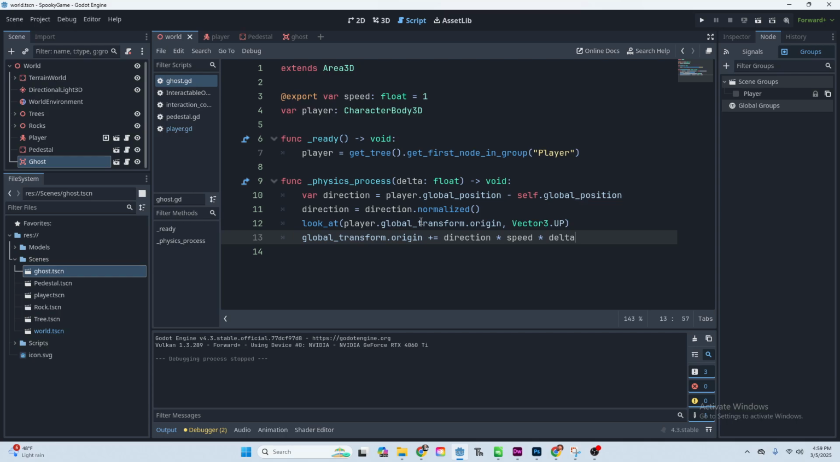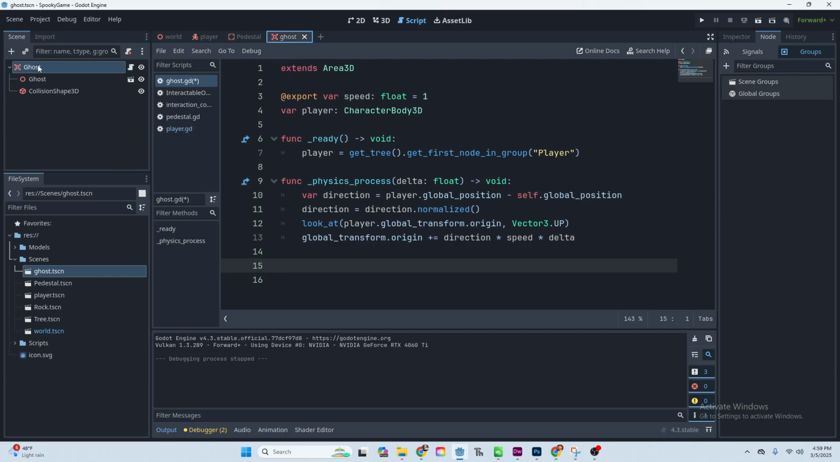Now, the last thing we need to do is we need to basically reload the scene whenever our player touches the ghost, or I guess better said, whenever a ghost touches the player. So the way to do this is using a signal. And because we've set this up as an area, let's go to our ghost scene. Because we set it up as an Area3D, we have an